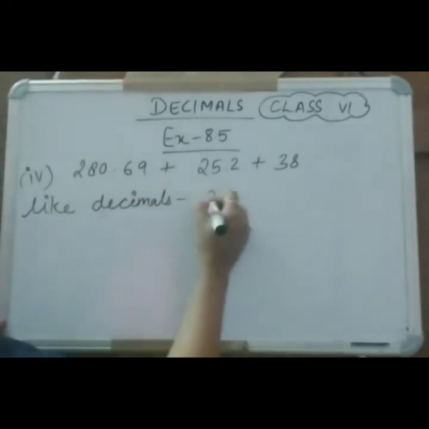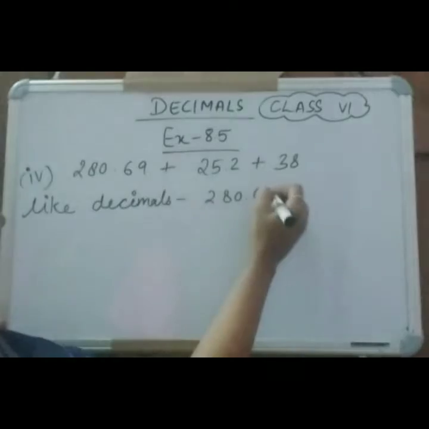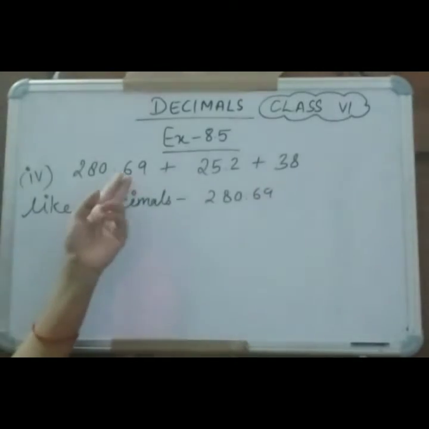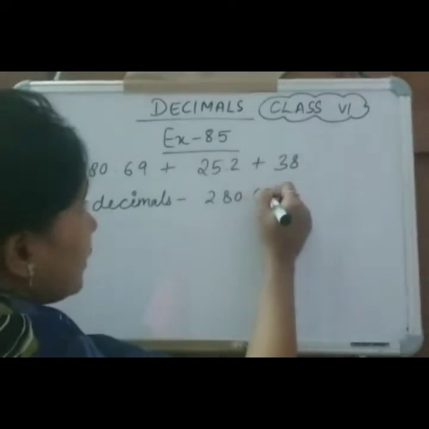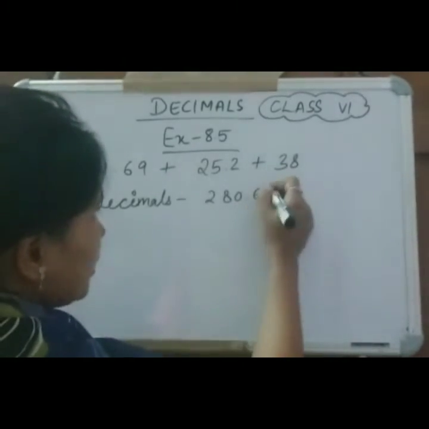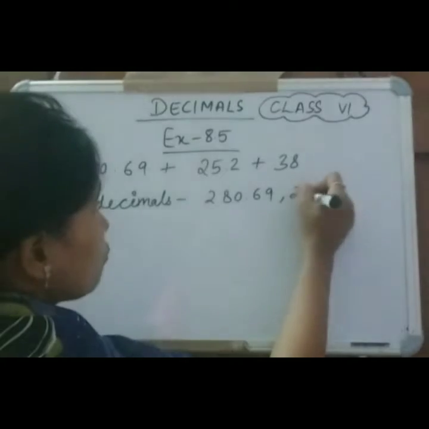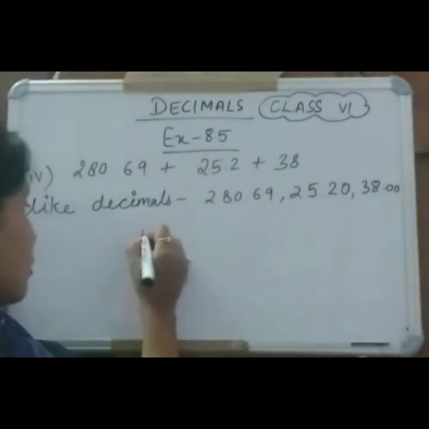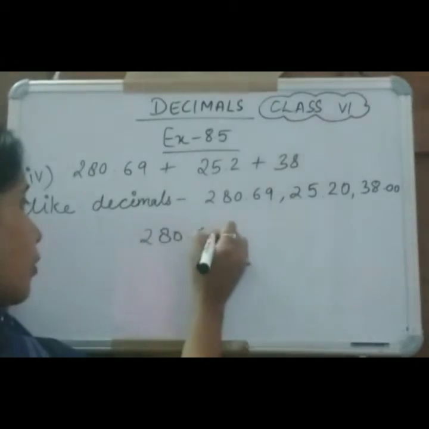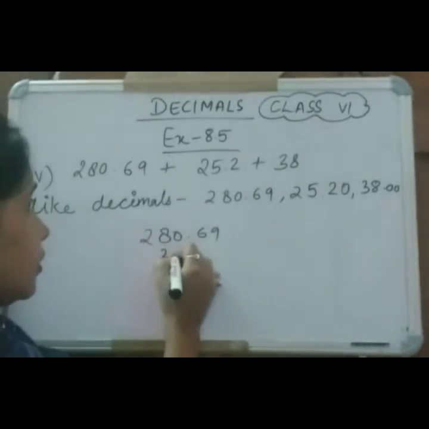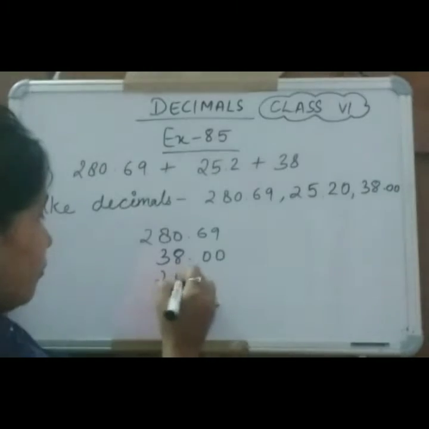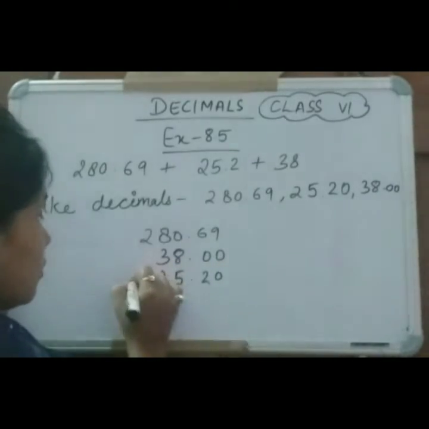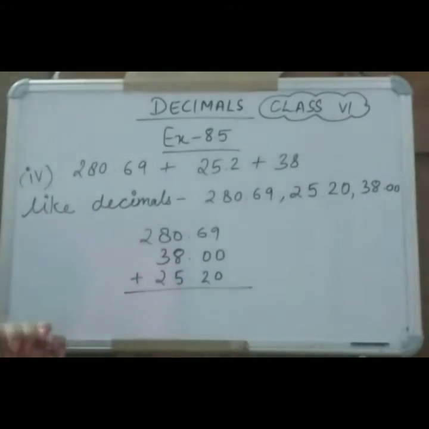Okay, now we will convert it into like decimals. So it will be 280.69, 38 and 25.2, because after the decimal it is 2 digits here, here 2, here no digit is there. So we will convert after the decimal, we will write 2 digits. So 25.20 and 38.00. So 280.69, 38.00 and 25.20. It is better if you will